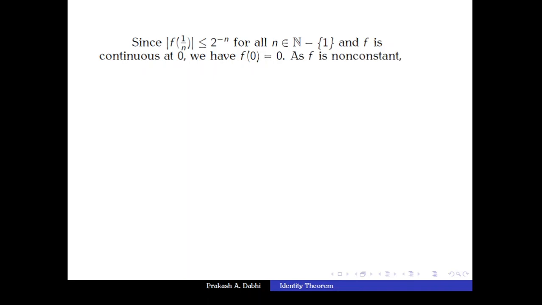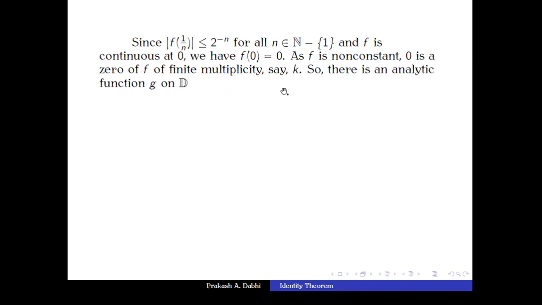We have already shown that zeros of a non-constant, non-zero analytic function on a domain are isolated. So we are given that f is a non-constant function, f(0) equals 0. So 0 is an isolated zero of f, and it is known to us that zeros of a non-zero analytic function have finite multiplicity, and therefore we get some k